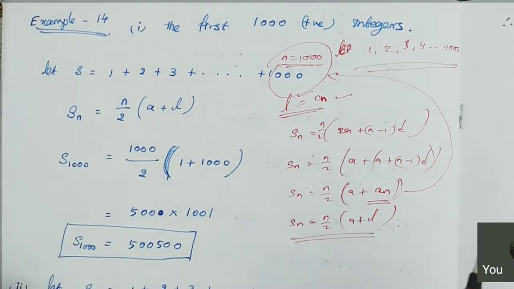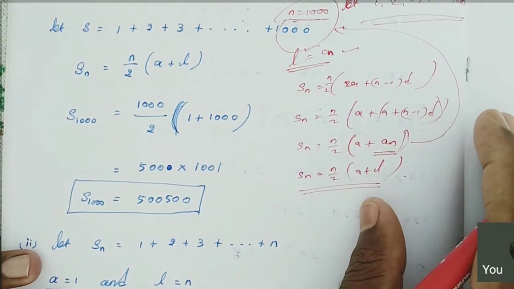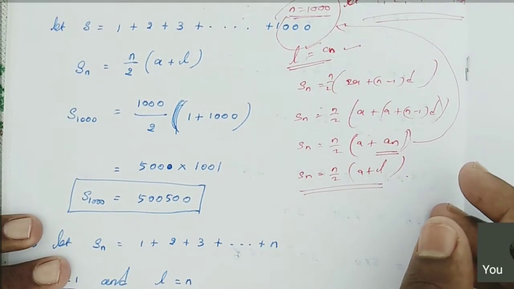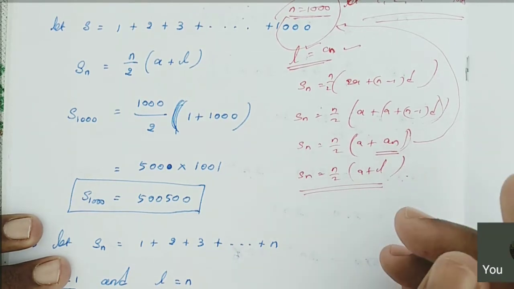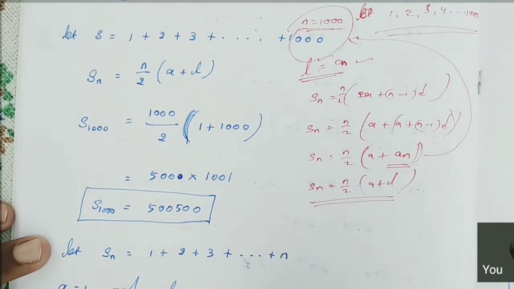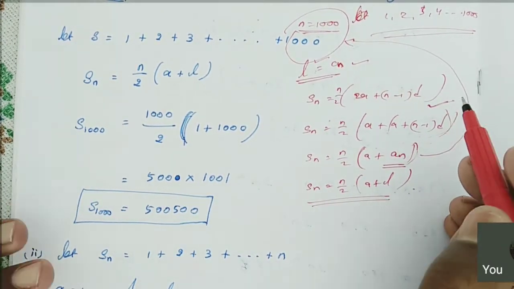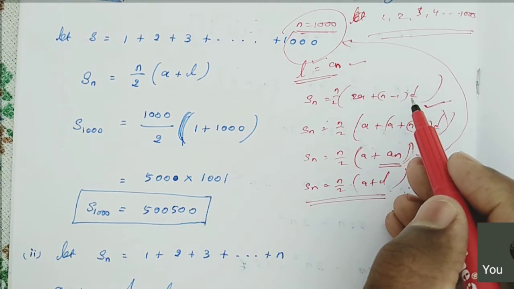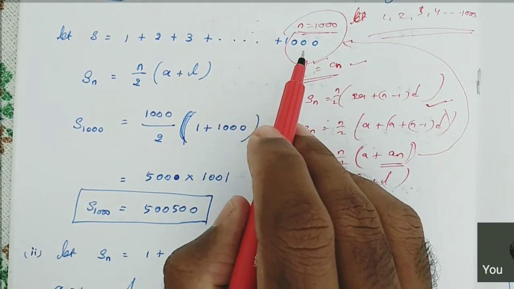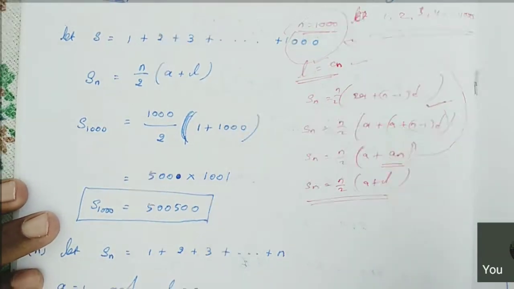No need for d. That is not needed. That's all I'm telling. It is not needed. Listen. If you are using the same problem, this problem also you will get an answer, but there we need d. When they give a first term and a last term, we don't want to take a d value. Very clear?